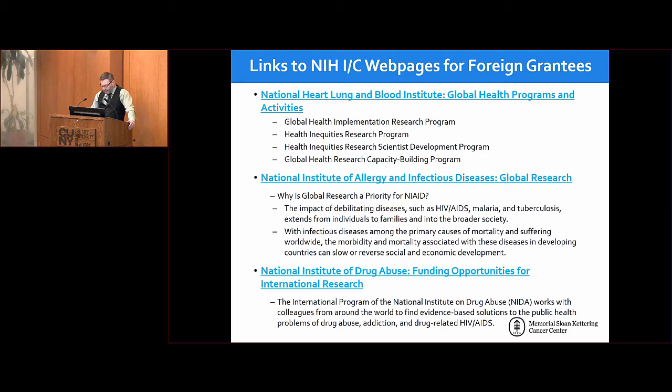For NIAID, the National Institute of Allergy and Infectious Diseases, there's a blurb here that I included about why they support global research as a priority, and that is because they feel that this doesn't only affect individuals, but affect families and affect the global community as well. That's something to say in your research as well. I'm doing research, and the reason why it's important is because it affects the global community. You say that line, you're matching the mission of this international